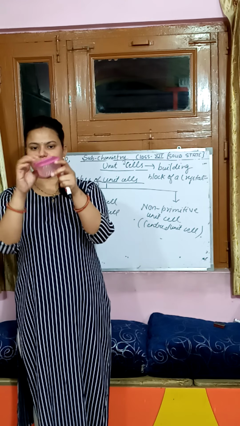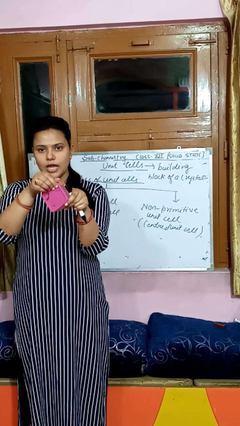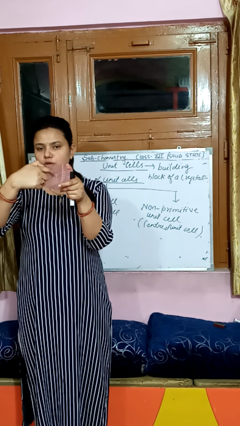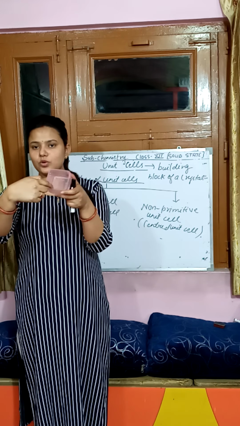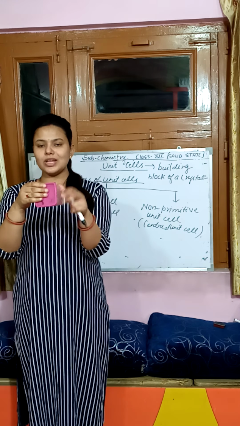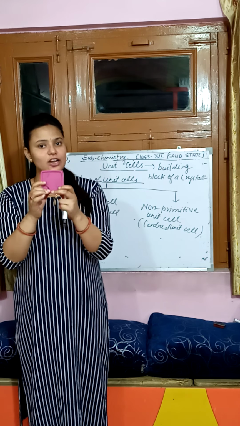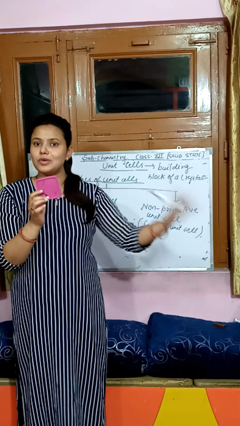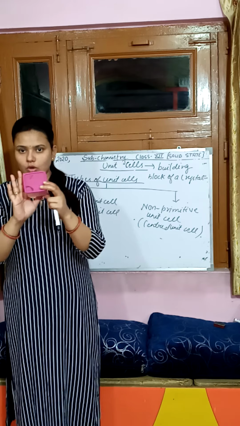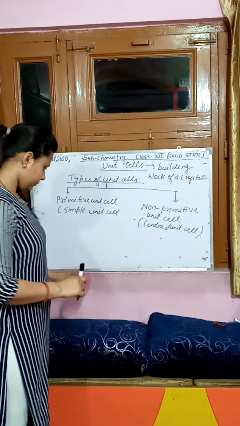And the space, ये जो space है, मैं इसे ओपन करके दिखा रही हूँ आपको. The space, ये जो पूरा space है, this is the center of a unit cell. It is known to be the center of a unit cell. पूरा space जो है, that is the center of the unit cell. Please remember these things. It will be more helpful in the next topic. Okay. So I hope it is clear now.